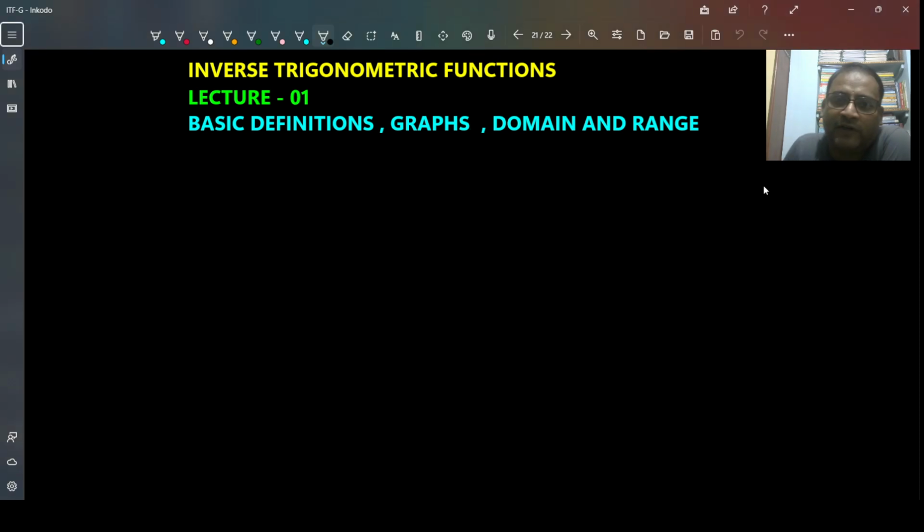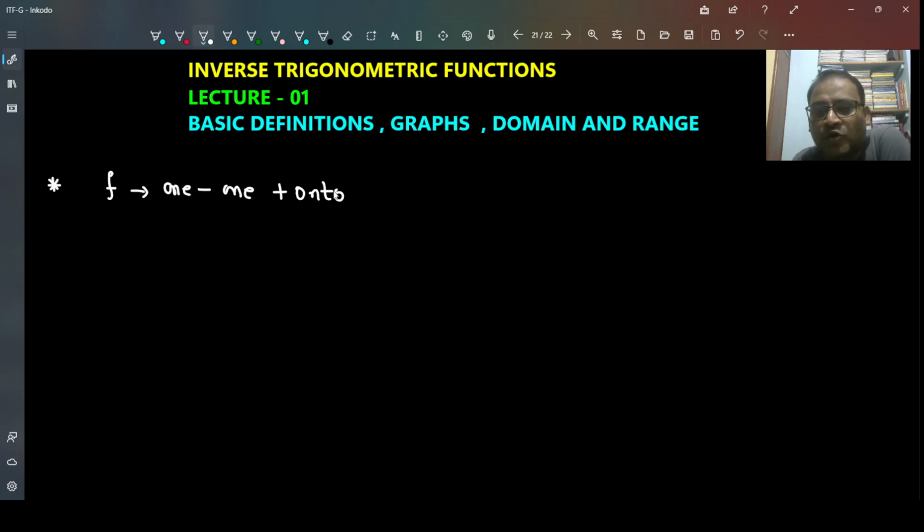Hi everyone. Today our topic is inverse trigonometric functions, and this is our first lecture. In class, when I start this topic, the students ask me how the inverse of a trigonometric function exists, because when I taught them, I said that if f is a function which is one-one plus onto,